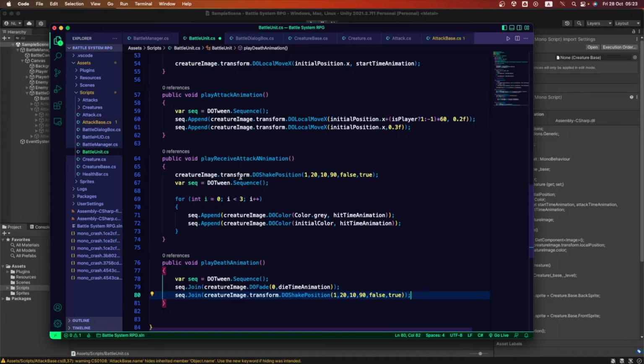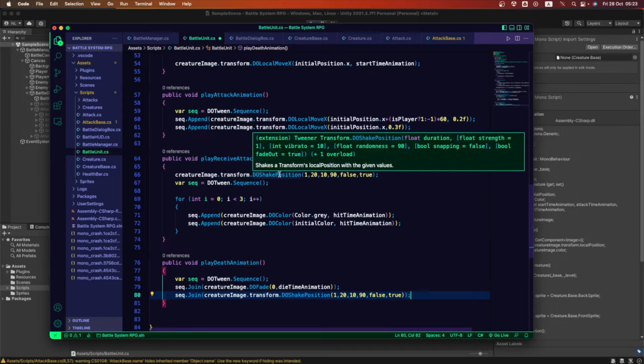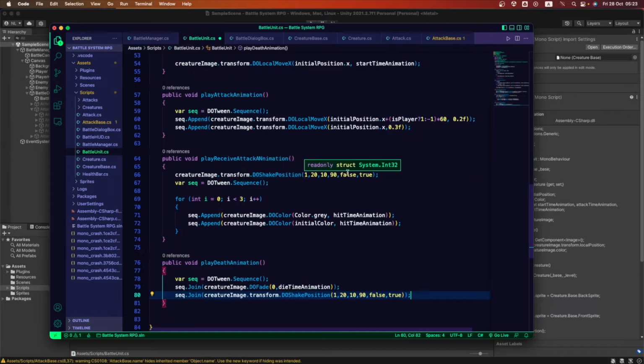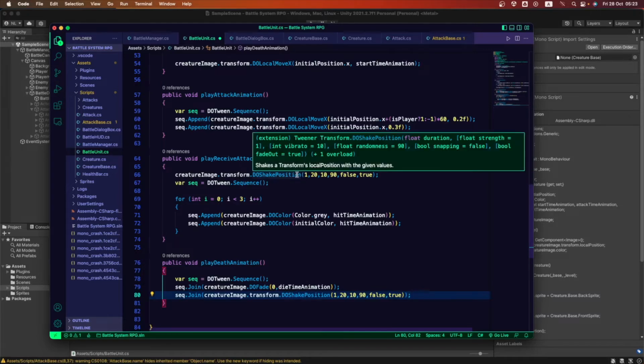We're going to be using this DOShakePosition method that is inside the DOTween library also, and this is very cool because it asks for multiple arguments. It asks for a duration. It asks for the strength of the shake animation.